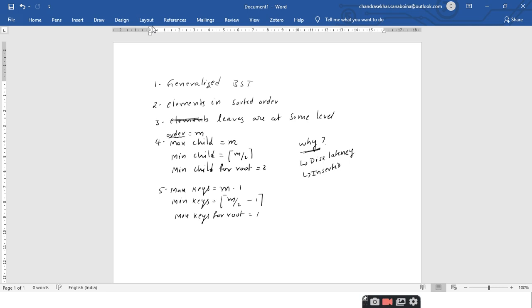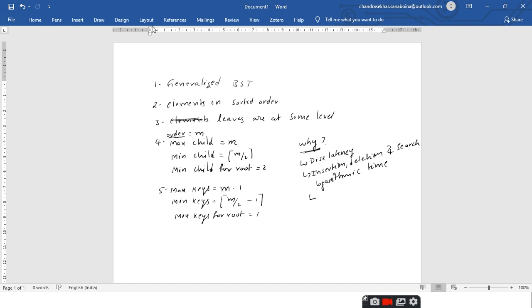Insertion and deletion in logarithmic complexities. Insertion, search, and deletion, sir. Deletion and search also we have done, right? All these operations will be done in the logarithmic time. So to achieve the complexities of the insertion, deletion and search operation in the logarithmic time, we are making use of B trees.